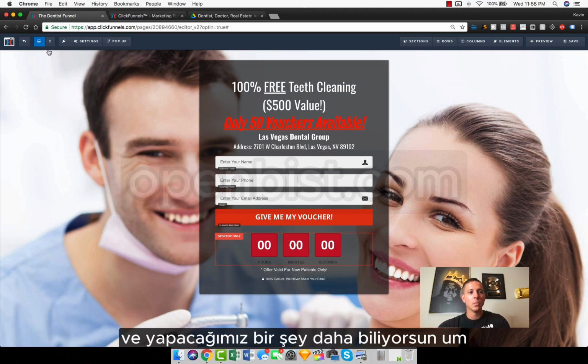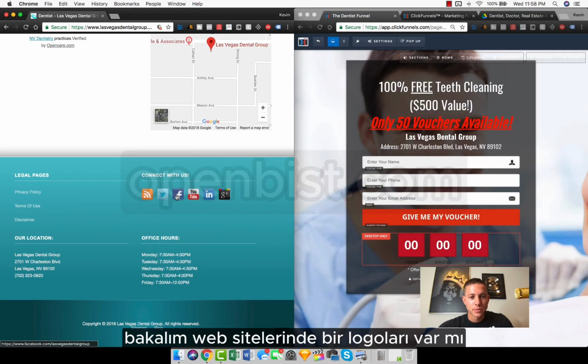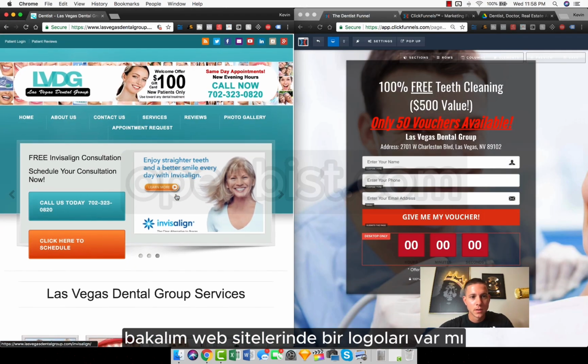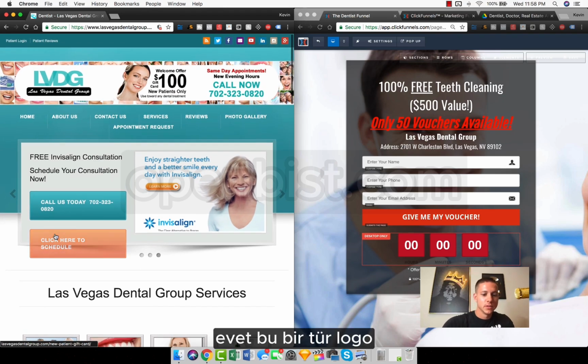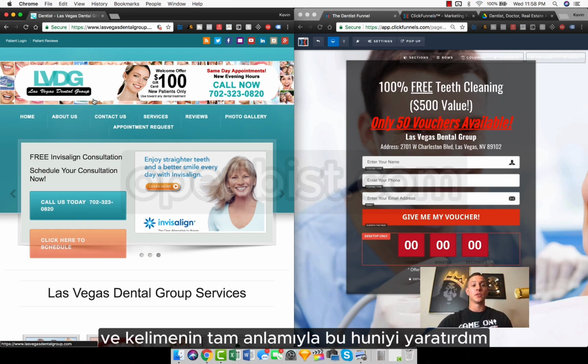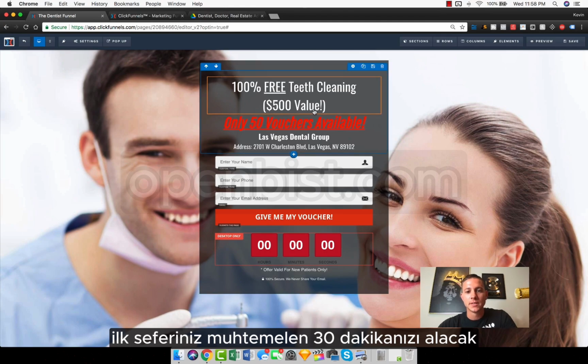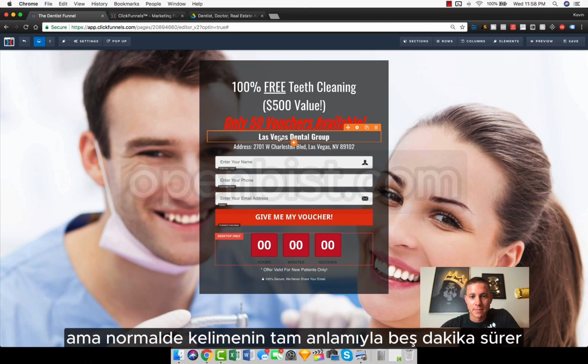One more thing that we're going to do on this page is let's actually use their logo. So let's see if they have a logo on their website. Yeah, that's kind of a logo. And this is what I would do, right? If I was trying to get new business, I would just literally create this funnel, because it takes like 5 minutes. Your first time it'll probably take you like 30 minutes, but normally it literally takes like 5 minutes